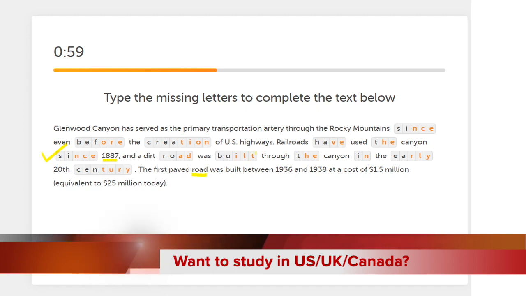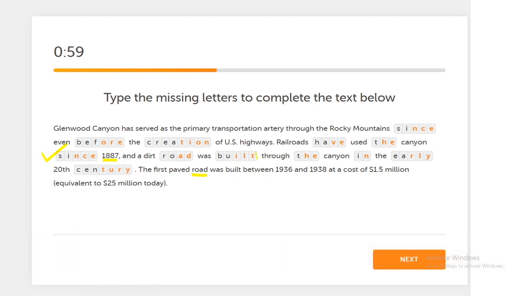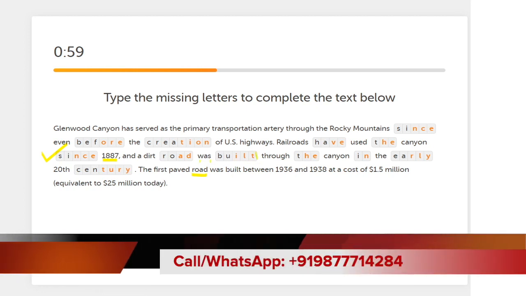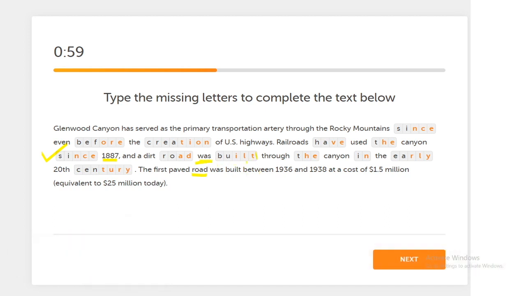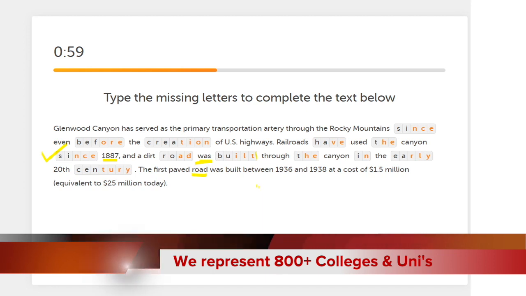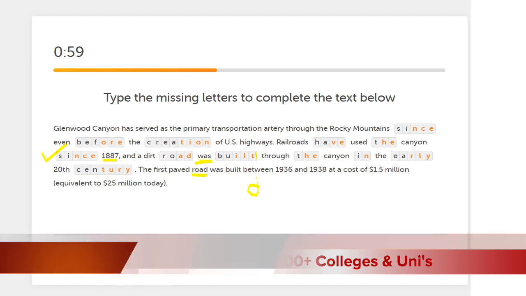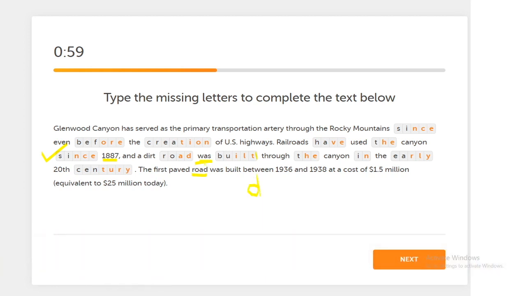Now why is this T and not D? Because "was" है यहाँ पे, तो हम past tense use करेंगे, BUILT and not D. Okay, D is used for present tense. So "was" के साथ हम T use करते हैं, D use नहीं करते हैं. So please remember this. Since "was" is past tense, we'll use built and not build.